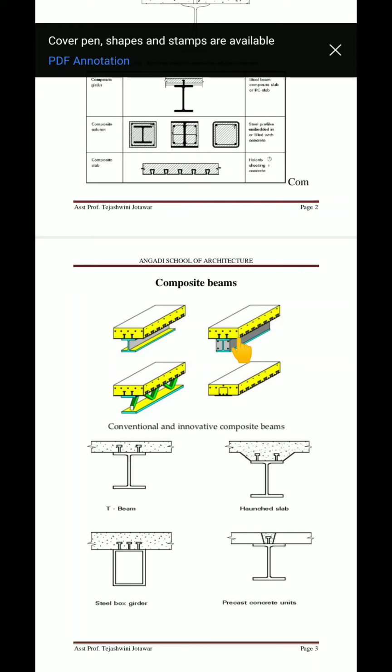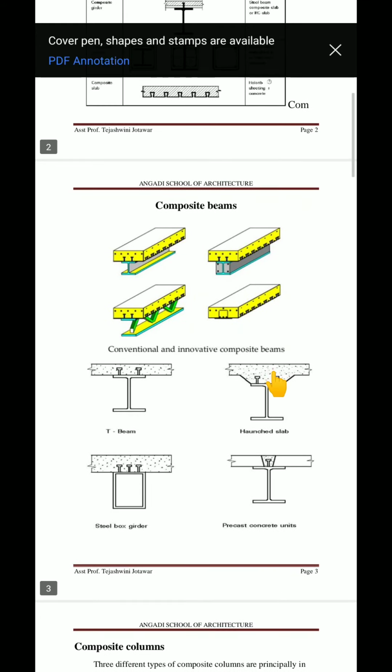You can see the profile sheeting on the side elevation. This is the encased type. This is another type where struts are used, or you can say a truss type of beam. A steel truss is provided supporting a concrete slab. And this is a simple profiled concrete composite slab.